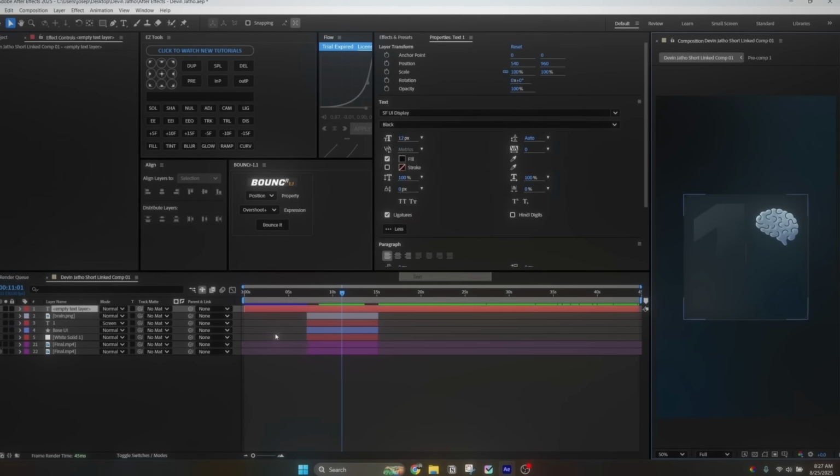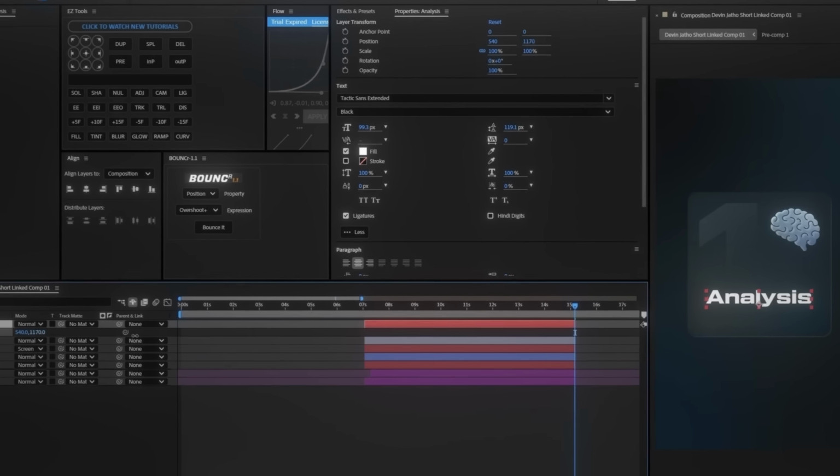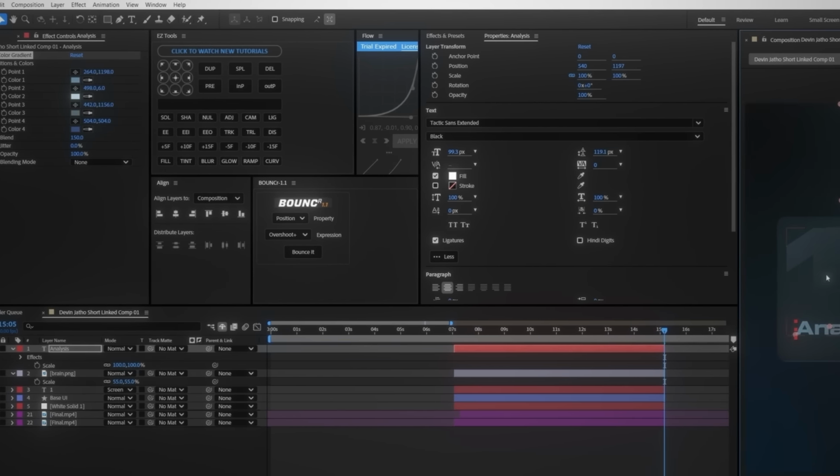Start by adding in your text layer, write out the word analysis, and use the Tactic Sans font and place your text down here. Now copy the 4-color gradient from the brain and paste it on the text, but realign the gradient position. Now the final step is going to be creating our text highlight, but before we do this,